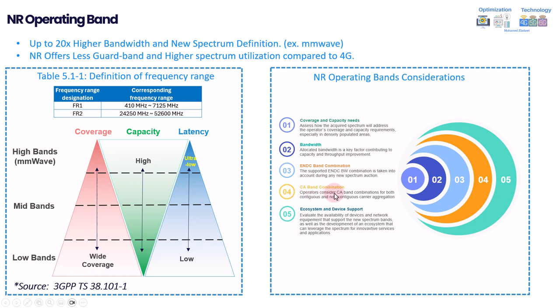Same for carrier aggregation. This can support in the future if you have more bands supporting NR by carrier aggregation combination. This also can support your network to have better performance, especially when you are deploying more carriers in the NR. And the next part is about the ecosystem, whether the new band will serve the 5G ecosystem or not,